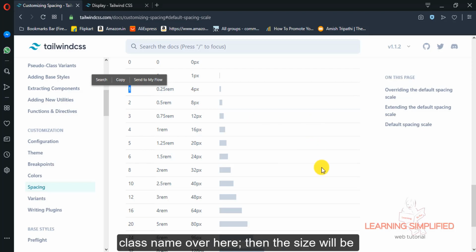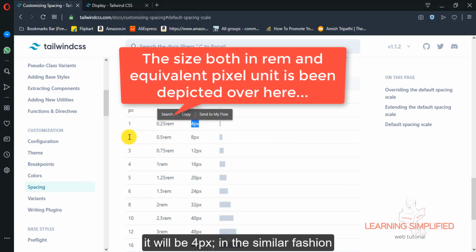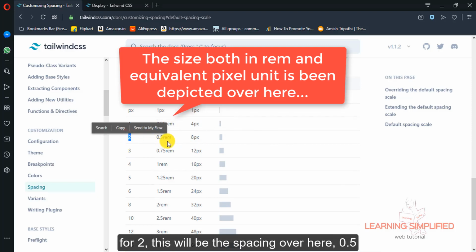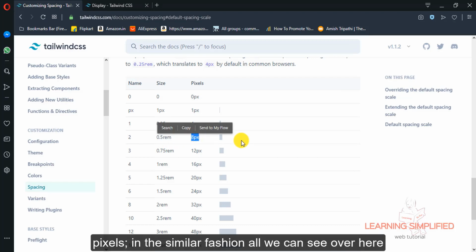If we use this class name, then its size will be 0.25 rem, and in pixels it will be 4 pixels. Similarly, for 2, this will be the spacing, 0.5 rem, and this will be the size in pixels.